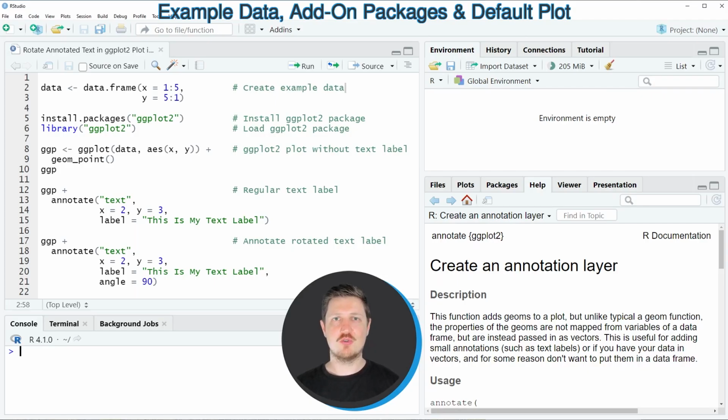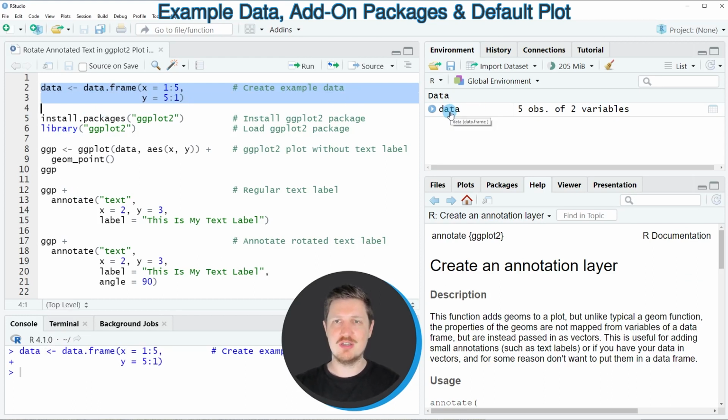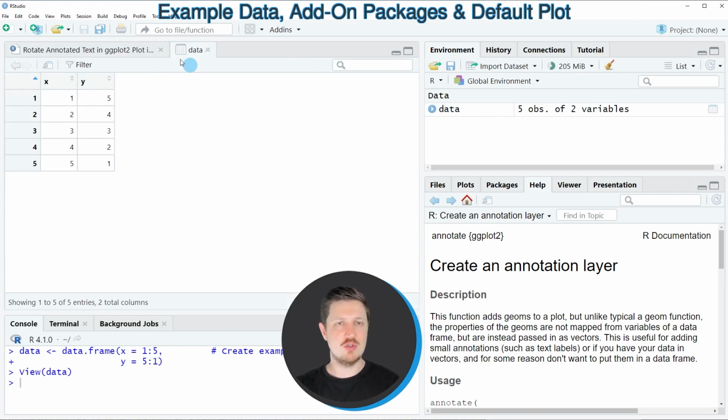In this video I will show you an example, and for this example we first need to create a data frame, as you can see in lines 2 to 3 of the code. If you run these lines of code, you can see at the top right of RStudio that a new data set called data is appearing. And if you click on this data frame, a new window is opened, which is showing the structure of our data frame. As you can see, our data contains 5 rows and 2 columns,